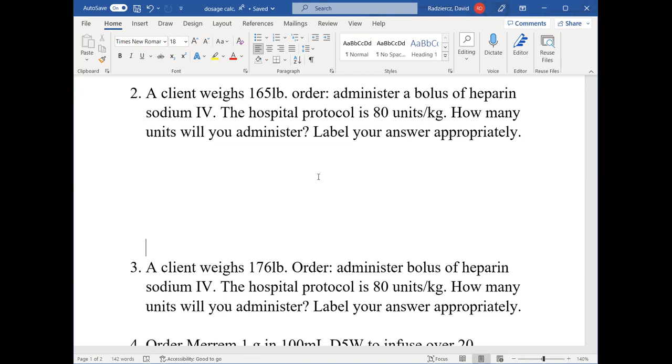But if you didn't know what to do, you're administering units. The reason I'm saying this is fair game is because you have a question very similar to this, but it'll say milligrams per kilogram. This is considered a complex weight-based problem. Complex in that you have to convert the patient's weight in pounds to kilograms